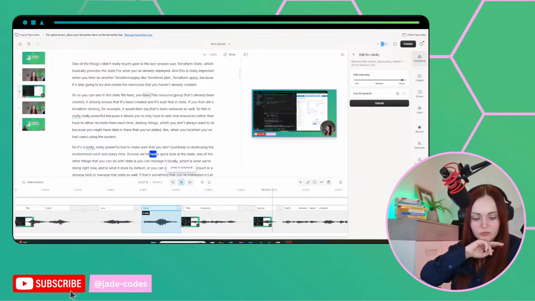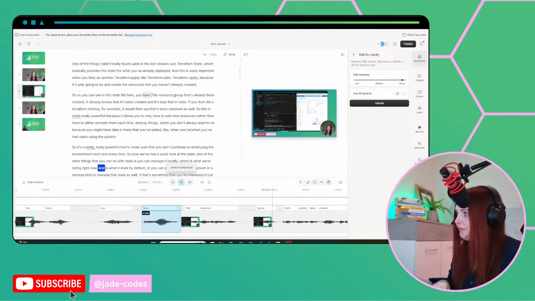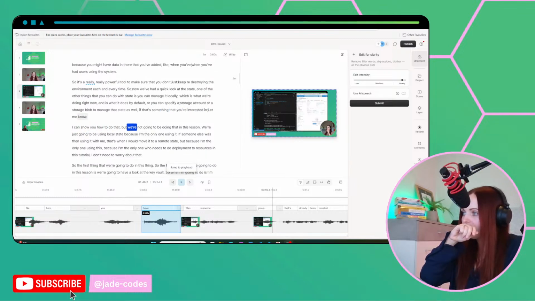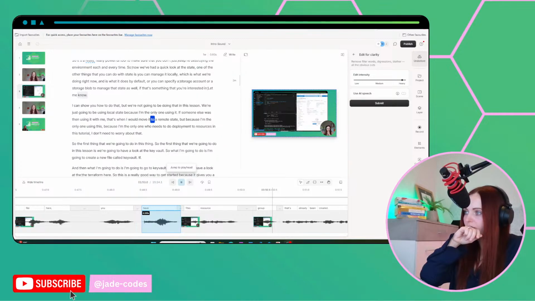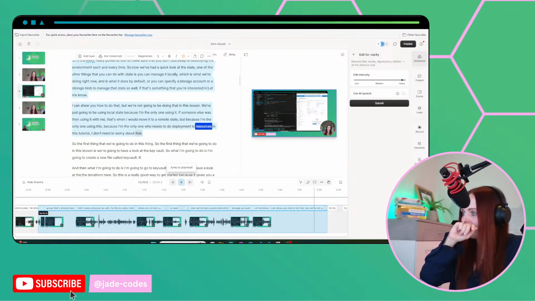So now we've had a quick look at the state. One of the other things that you can do with state is you can manage it locally, which is what we're doing right now and is what it does by default, or you can specify a storage account or a storage blob to manage that state as well. If that's something that you're interested in, let me know. I can show you how to do that, but we're not going to be doing that in this lesson. We're just going to be using local state because I'm the only one using it. If someone else was using it with me, that's when I would move it to a remote state. But because I'm the only one who needs to do deployment to resources in this tutorial,